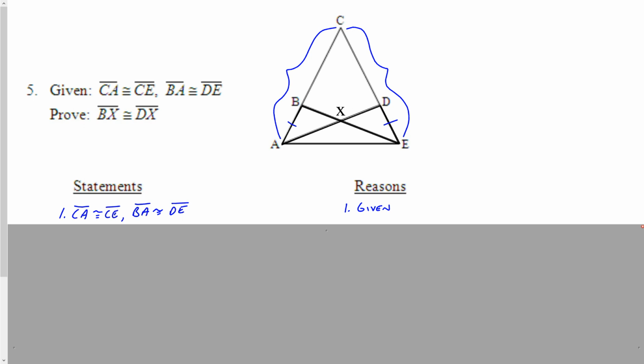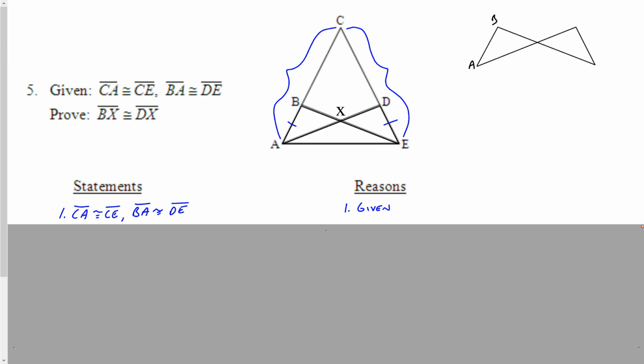So now, I'll take a moment before I write anything else and actually look at this. If I'm trying to prove that segment BX is congruent to segment DX, I need to realize that at the end of the proof, I'm going to need to use CPCTC. So that means I have to get a pair of triangles congruent that have those two segments as sides. So looking at my diagram, the two triangles that have BX and DX as sides would be the triangles BXA and DXE. So that is a pair of triangles that I'm going to redraw